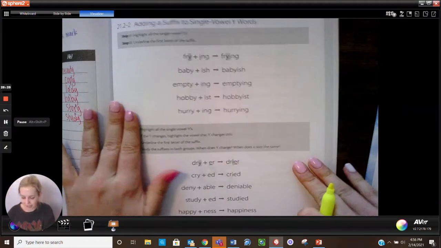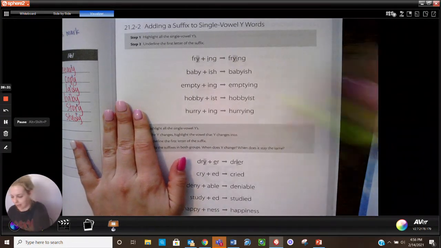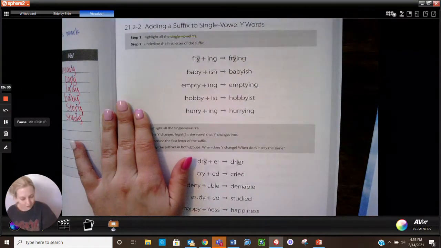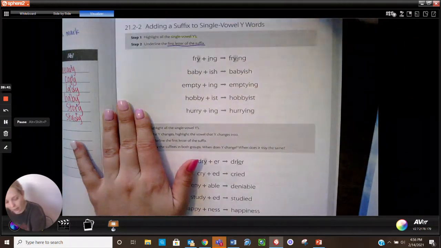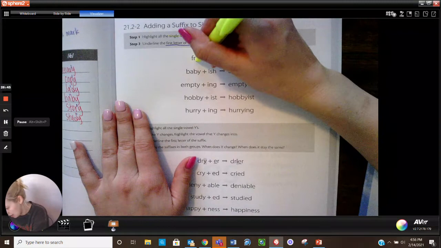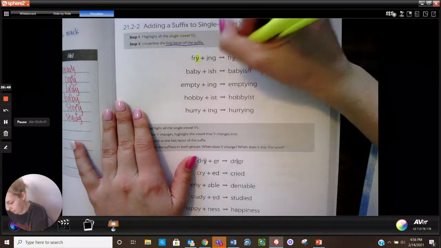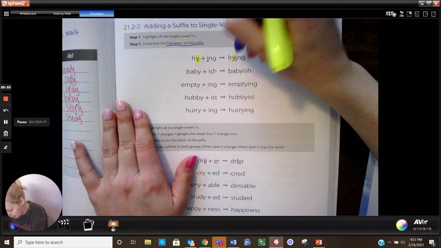Highlight all the single letter vowel Y's, and then we're going to underline the first letter of the suffix. Okay, so they did the first one for us. They highlighted fry